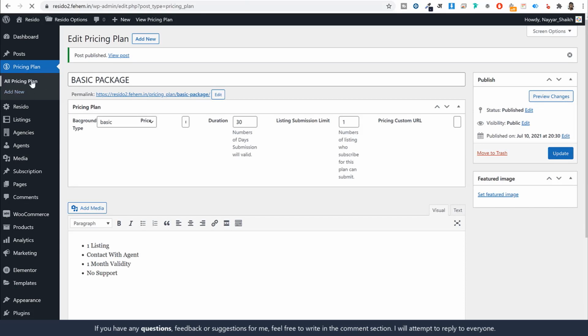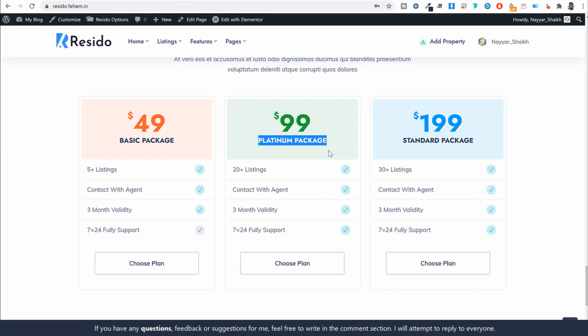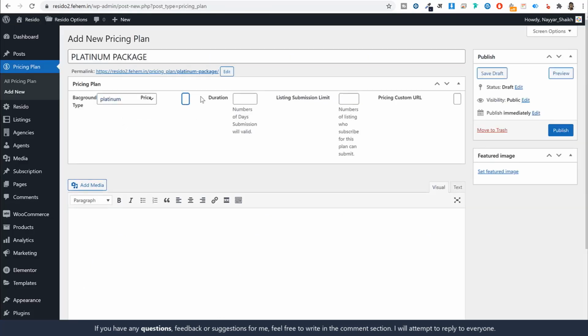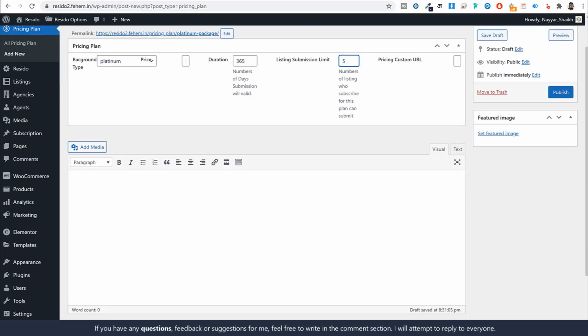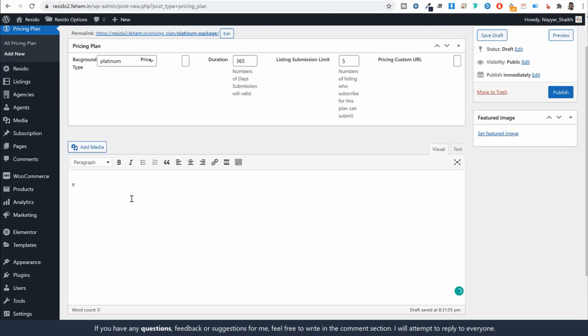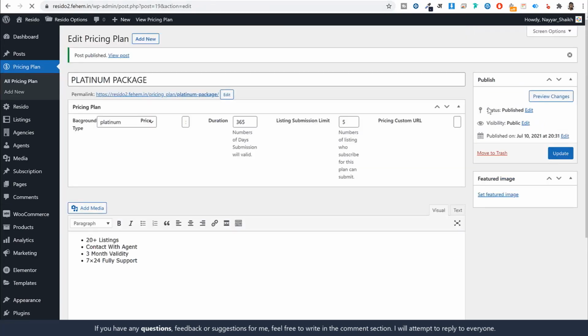To create another plan, you can click on add new, and you can give some other title. So maybe platinum package, we can select this option. We can select this. Maybe the price is $50. Okay, duration is 365 days. So it will show on your website for 1 complete year, and this person can now add 5 listings. Okay, so I'll add all these things. So similarly you can just go ahead and create a bulleted list like this. Okay, now once again it is done, just publish this thing, and similarly you can just go ahead and add